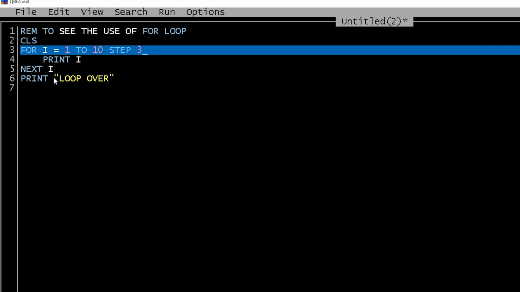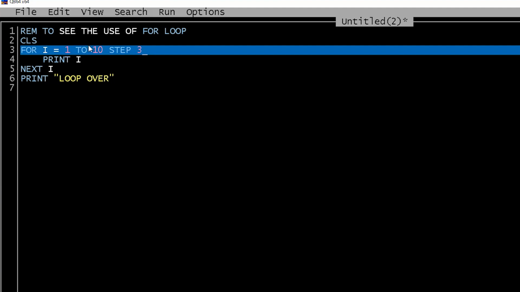Now, where does my step take a negative value? Naturally, in maths also, we take negative values, or we write a minus sign. Negative values means a minus sign when we want to subtract. So instead of adding, when I want to subtract the value of I, I will put a negative step. Now when will I want to subtract?